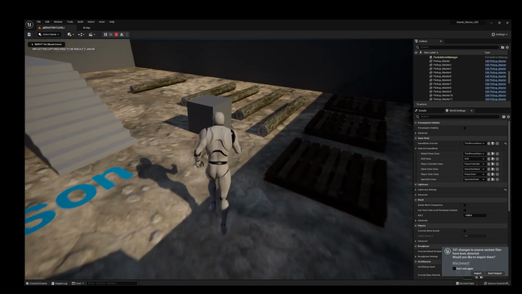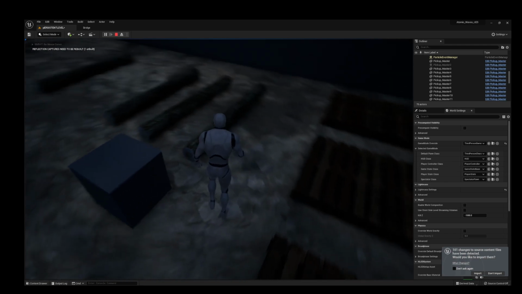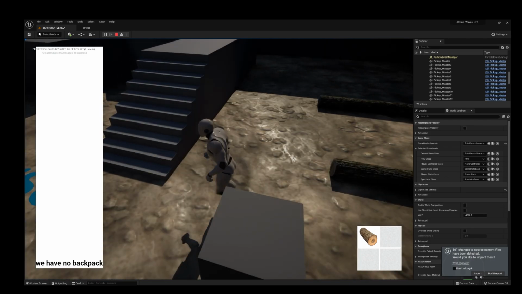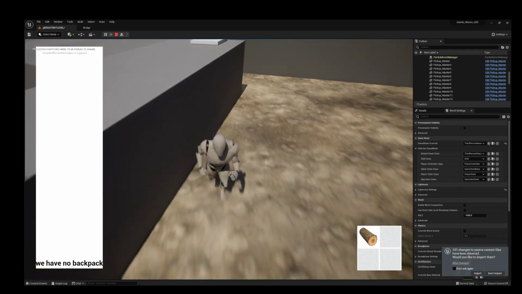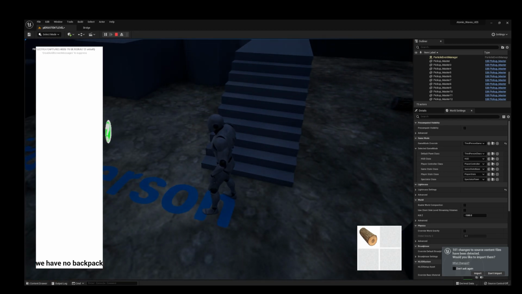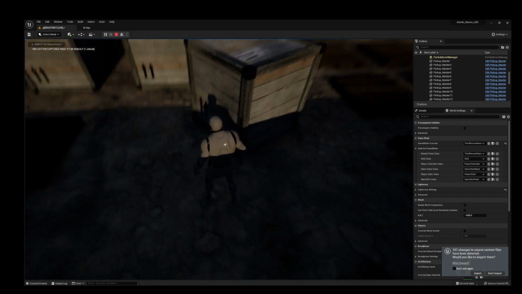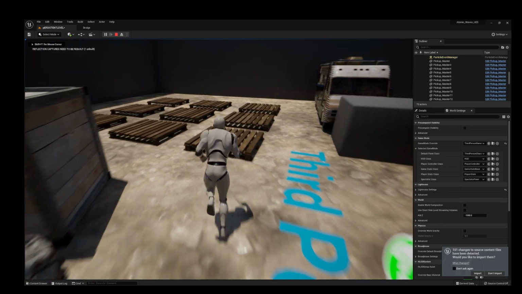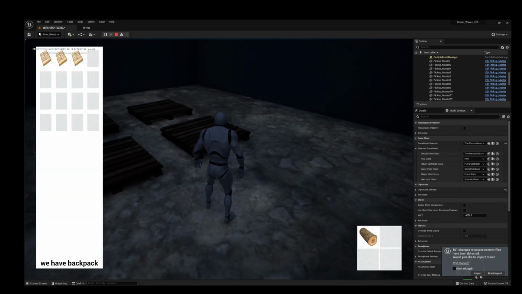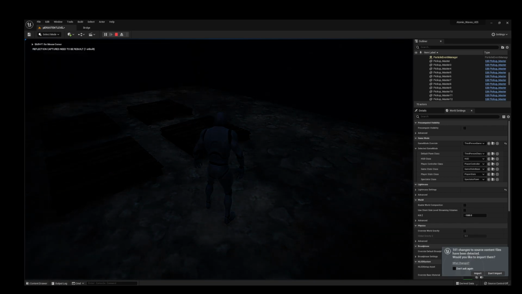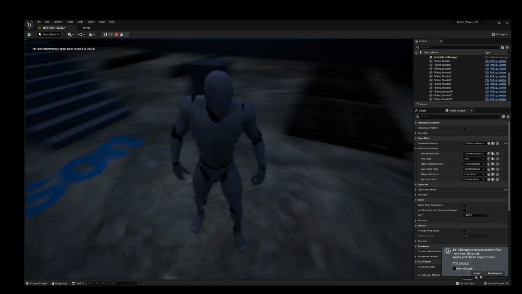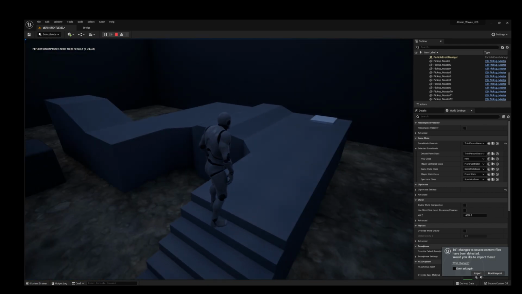What we can then do is we can pick up some logs here. Let's go ahead and pick up some logs. And what's happening is it's being added to our player equipment rather than our stacks. But if we go over and grab a backpack, we now have a backpack, and now stuff is being added to our backpack. Cool. But obviously, we're not done here. We obviously need that backpack to end up on our player. So let's get started on working on that next.